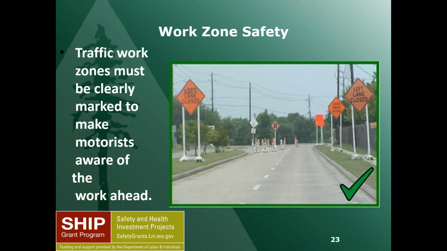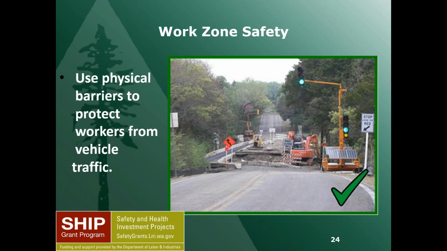And then once again, going back to when we're doing landscaping work or maintenance work and we're right next to the highway, we've got to make sure our folks have got the space, whether it's barricades or coning something off or putting those things up, to make people aware that we've got something going on up there. Even the people cleaning up trash on the side of the highway, you see signs well before you see them that they're coming up. If you're going to be working next to the highway, you need to be doing the same thing. And if it's not a highway, it's a little county road, same deal. We need to warn people what's coming up ahead. And if you can, put up those physical barriers to protect your workers.